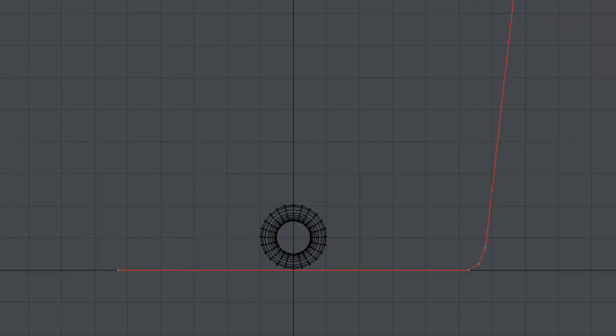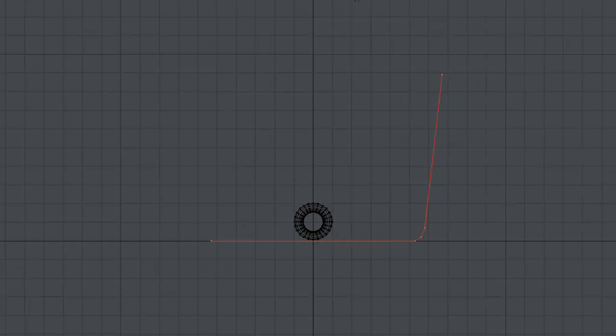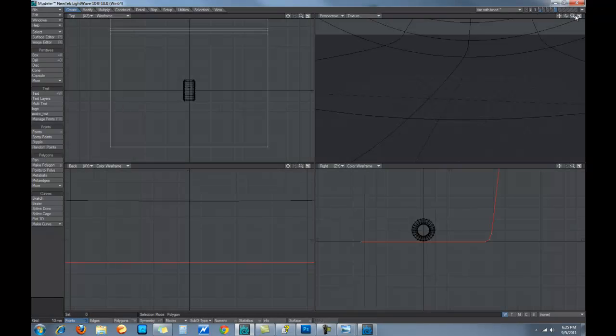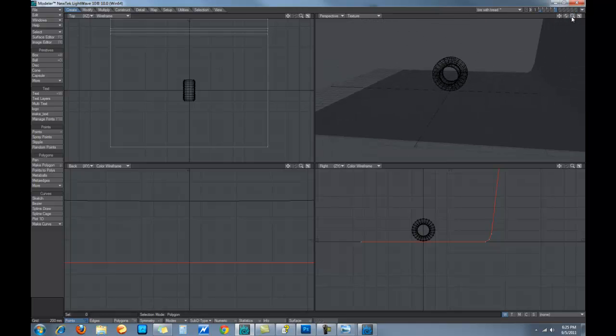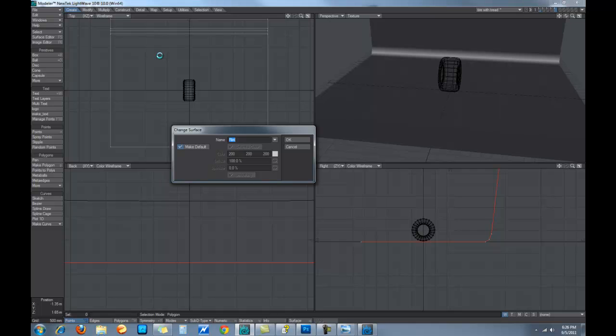Okay, so now we've got a little backdrop behind our tire. Let's commit to that, and let's go back into the full window view here and zoom out. Let's give it a different color. Our floor right now is just gray, and it kept the same attributes as the rim. So we're going to name this, and as soon as we name it, it's going to change all of that. We're going to call this floor,